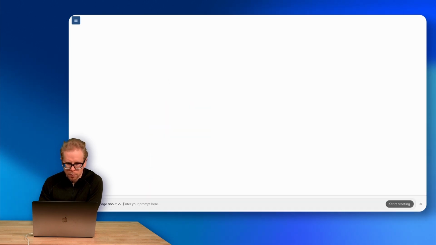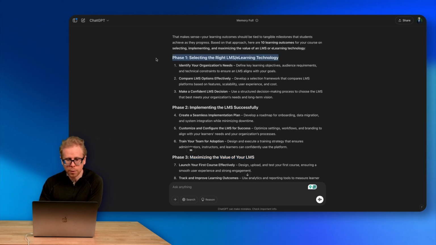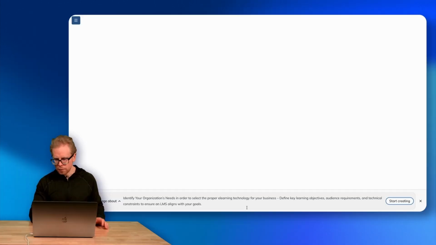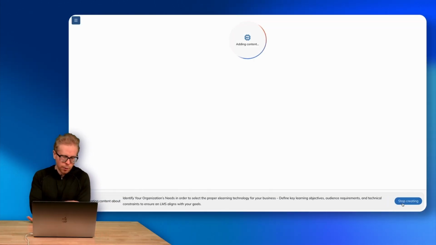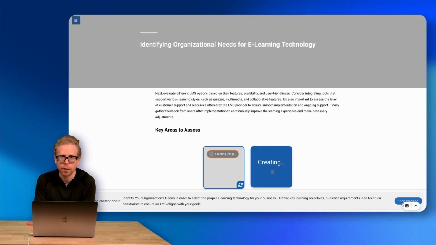This is the basics. I always like to start from scratch because we can just tell generative AI what to do, okay? So what we can do now is go to ChatGPT and be like, okay, so let's pretend that this is our learning outcome, selecting the right LMS/e-learning technology. And let's pretend that these are our modules. So identify your organization's needs. So I'm gonna grab this and I'm gonna go create a page about, in order to select the proper e-learning technology for your business, okay? Now we go start creating, and TalentCraft is going to create us a page or a module or a unit, as TalentLMS calls it,